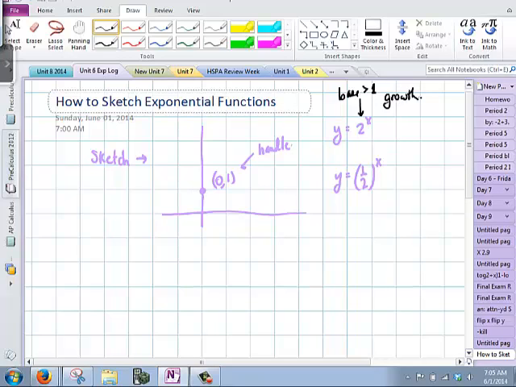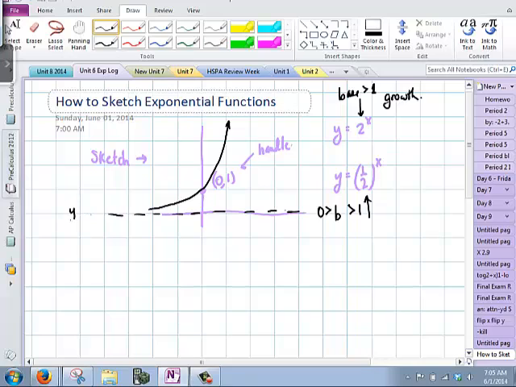And that could be thought of as, in your biology classes, when cells divide after so much time, they double in size. And that would be a growth function of base 2. And in chemistry class, when our base is between 0 and 1, as in this case, that would be like a half-life problem. So an exponential growth function would appear to look as such, with a horizontal asymptote at